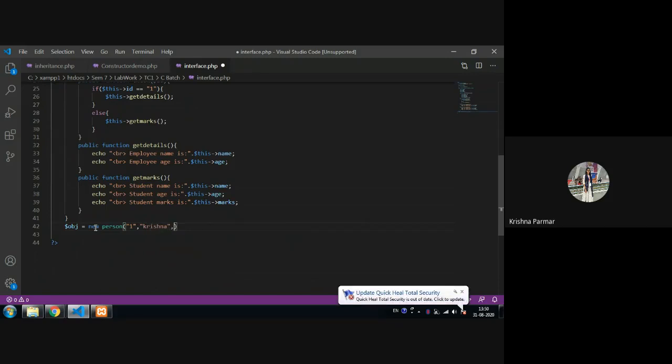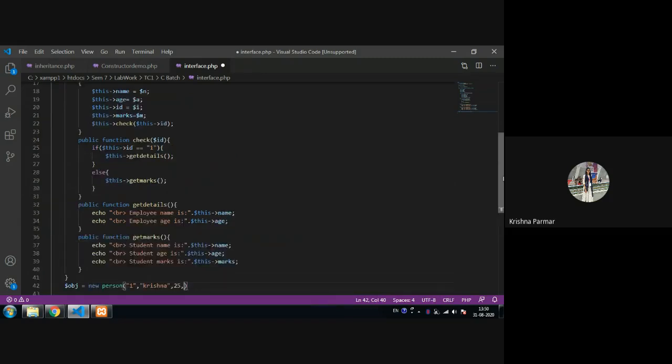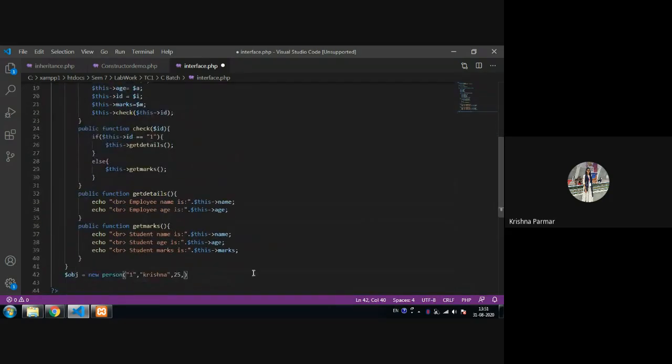Then the age; sorry, ID 1 means employee, so age 25. And then the last is your marks. We have to give marks, but it will not be evaluated because it directly goes to the getDetails part and only prints the name and age. But as a constructor requires it, I'm putting it here.